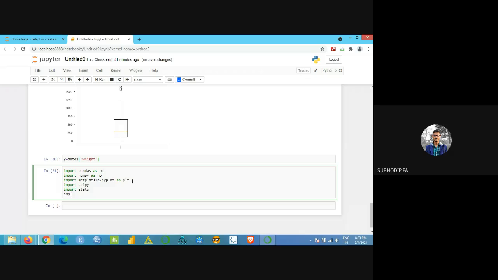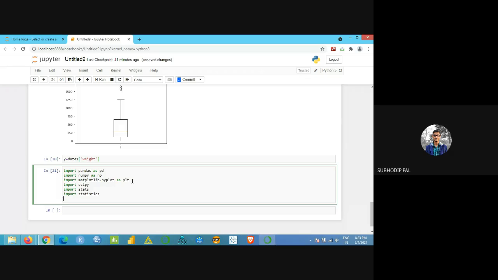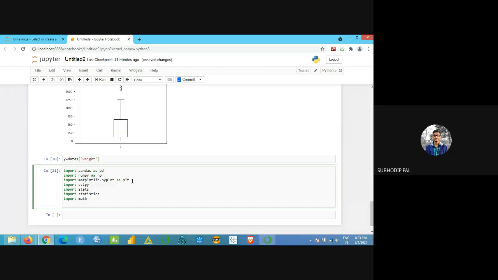Another library is import statistics. In the near future we'll be using this library also. So let me import these two. Import math also. Math is another library which will be used.